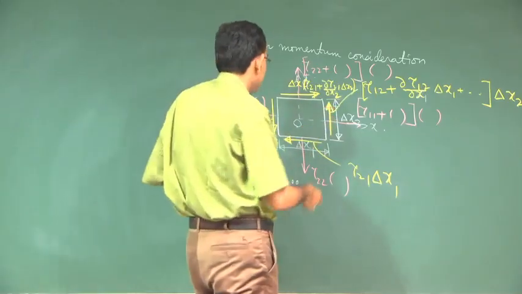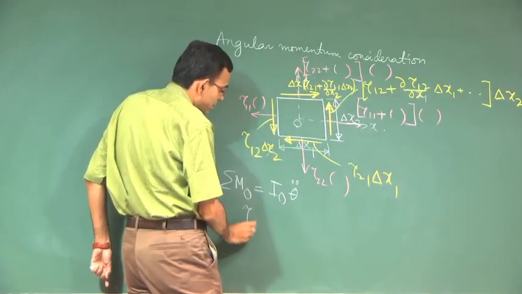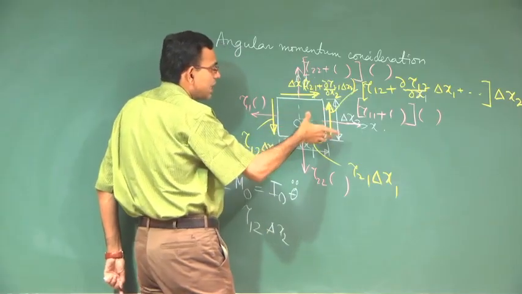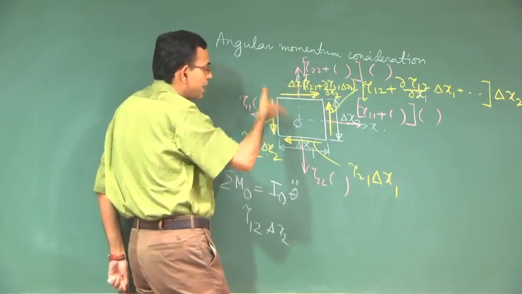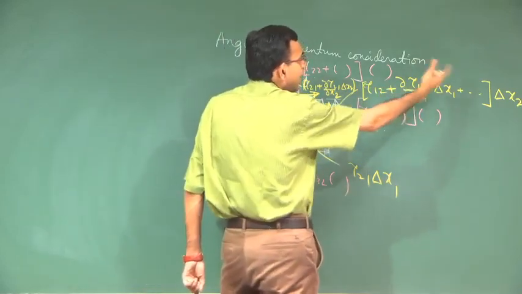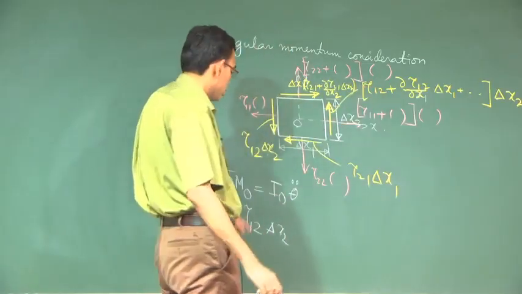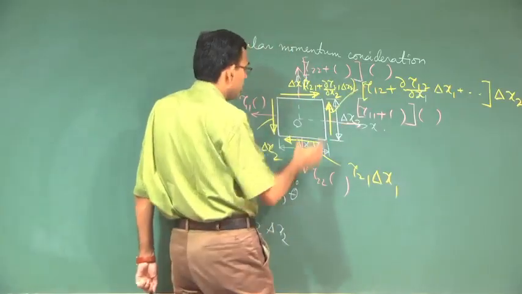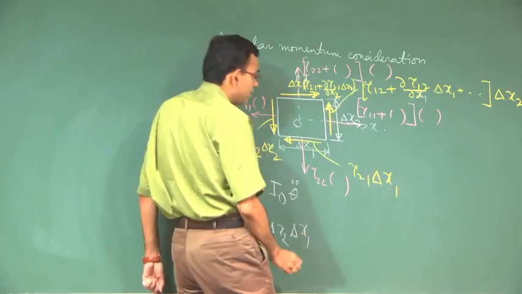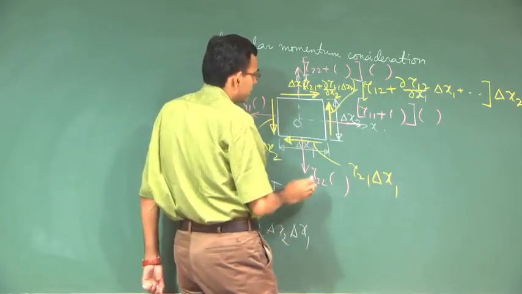This will give rise to a counterclockwise moment, which is tau 12 delta x2 times the length of the moment arm, that is delta x1. This is like a couple, equal and opposite parallel forces, not exactly equal, but the inequality is only in the higher order. So, in the leading order they are equal. This one is anti-clockwise, minus this which is clockwise,